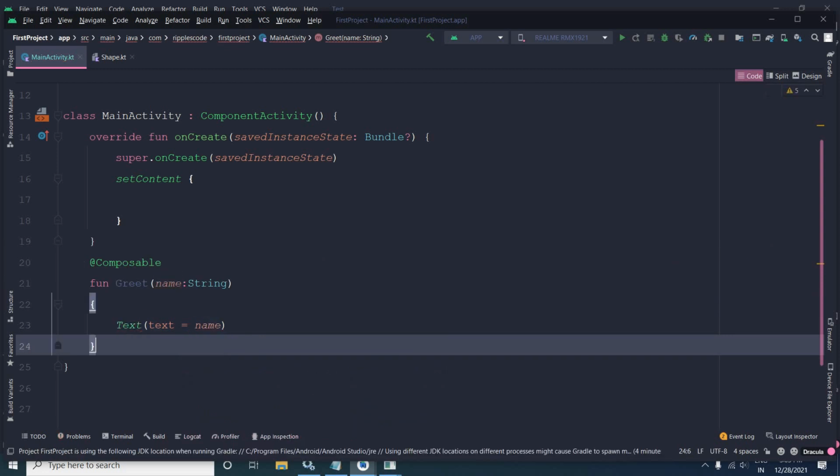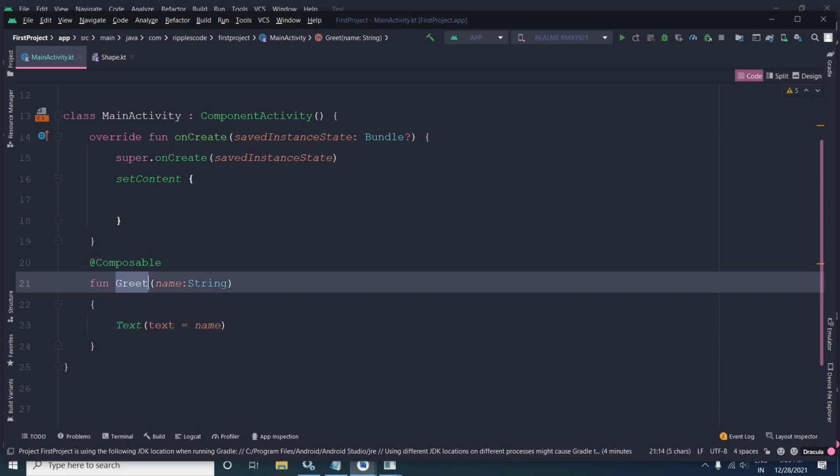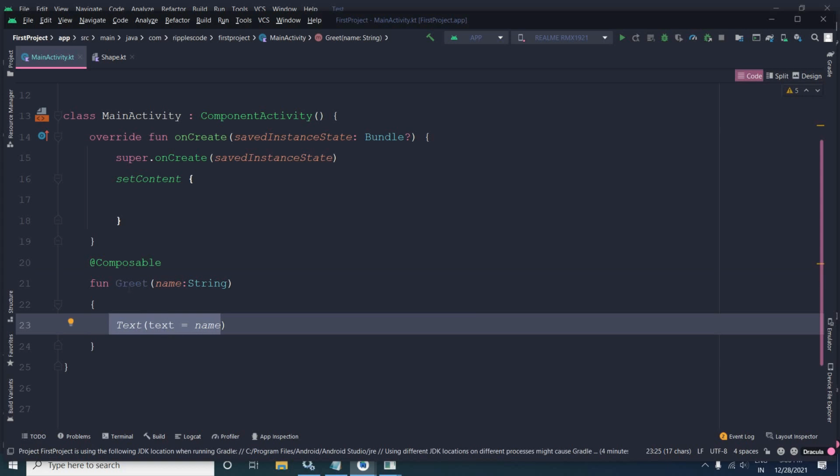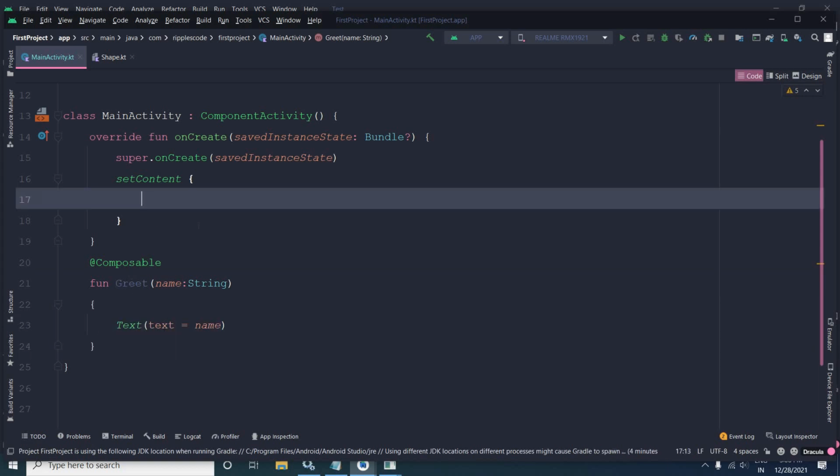Okay, this Text is generally used to display a text in your UI. Fine. Now remember one thing, a composable function calls another composable function. Okay, now since Greet is a composable function, I will call this Greet from here. Okay, and here I will pass the value as Ripple's code.